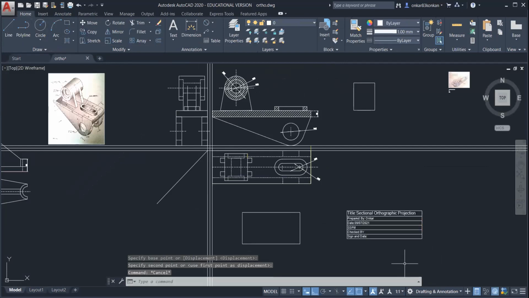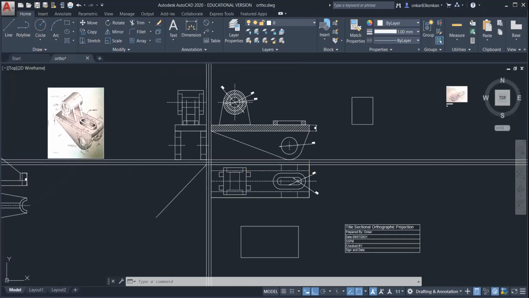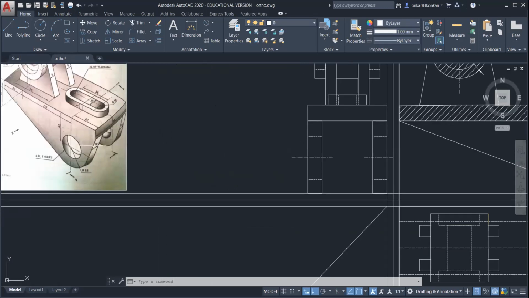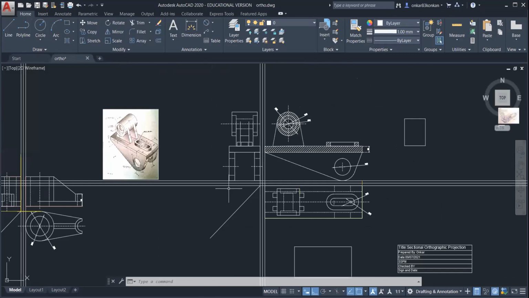Generally the symbol is drawn on the left side of this title block, or you can draw it just above this title block. Generally we mention the scale just above the title block. So scale means what? It is a relation between the actual dimension available for the 3D object and the dimension by which we have prepared the drawing. We have prepared the drawing by the same dimension, so your scale will be 1:1. You can give the scale here.